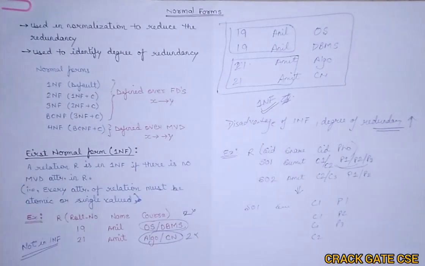So we will be understanding why normal forms are used and what the different types of normal forms are, with the definitions and along with examples also. After completing all the normal forms, in some videos we will be doing some practice questions to get a grip on this topic, because it is one of the most important topics with respect to GATE and NET also. So without wasting time, let's start with normal forms.